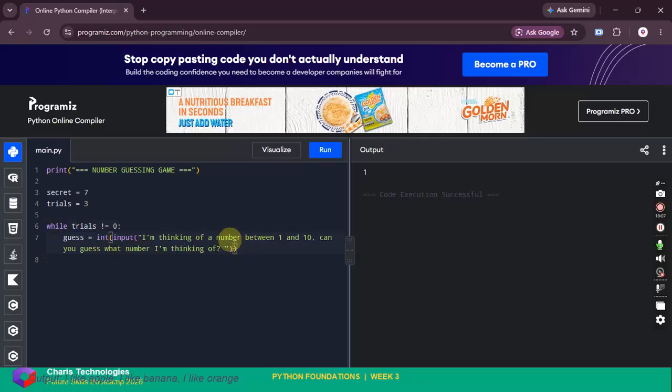So while the trial is still on, we are going to ask the player to enter. Now if what the player enters, if guess is equal to secret, that means if the player guesses correctly, so if what the player enters is equal to this secret number I'm thinking of, then we are going to say print